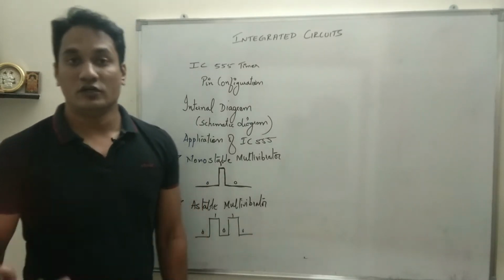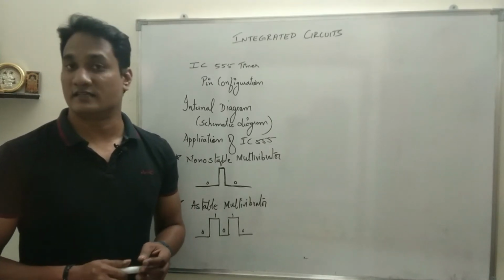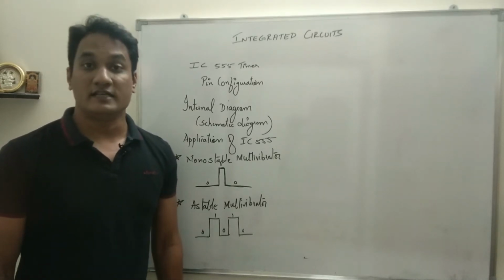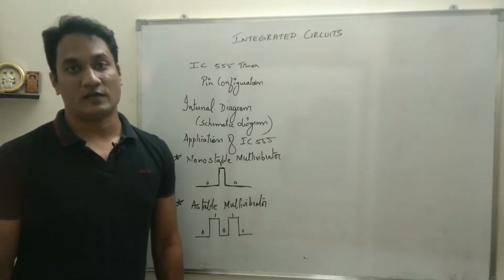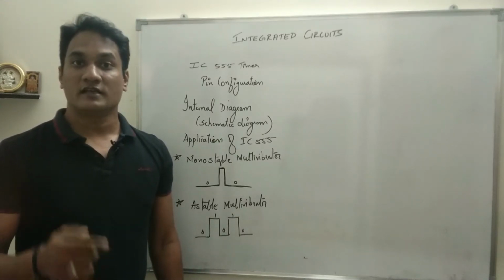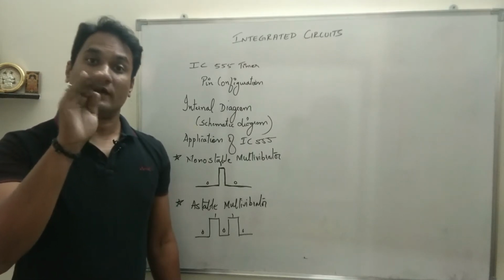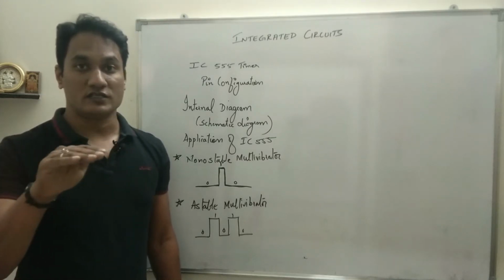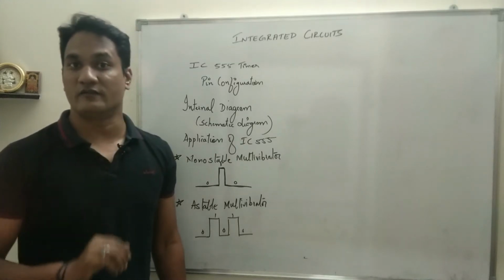All these things I have told you earlier when I taught you chapter number 5, that is sequential circuits. To design sequential circuits, the basic circuit requirement is the bistable multivibrator, and at that time I told you what monostable as well as astable multivibrators are. In a bistable multivibrator, the state will be 0. When we give a trigger, the output will become 1 and it will remain 1. Only when you give a trigger will the output change from 1 to 0. So it has two stable states, 0 as well as 1. Unless and until a trigger is given, the state will not change.